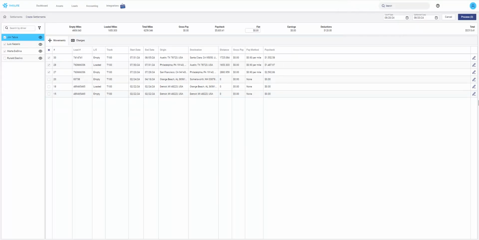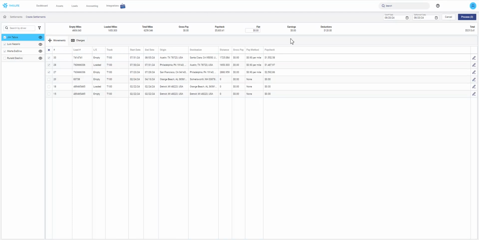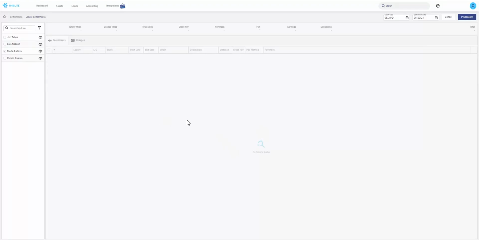So if we go back to this screen, the process would be to again double check all of the movements that you'd like included, as well as any charges, any last minute changes. Click on process. You will see then a summary before you are to approve them here of all of the totals per driver, as well as a grand total. You'll click on approve, where you will see then the settlements processed with a little progress bar, and again seeing what was done successfully. If everything was done, you can click on the button as well,